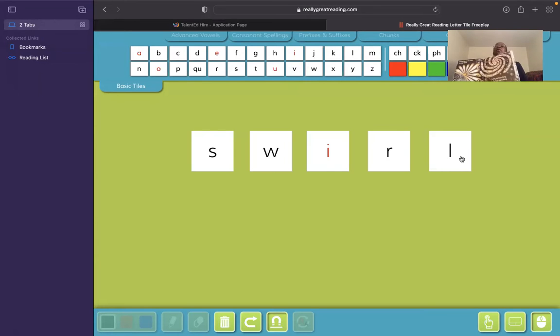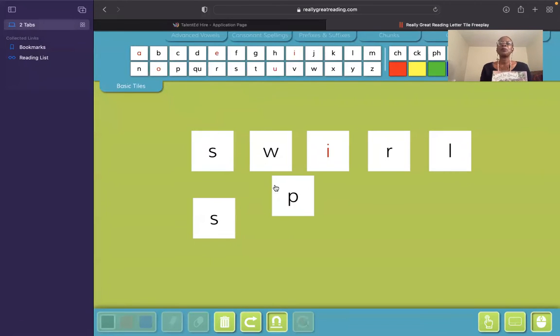How about the word space? Fernando, can you help me spell the word space? What sounds do you hear? This has an initial consonant blend. Yes, it has the S. Let's pull down the S. Right,